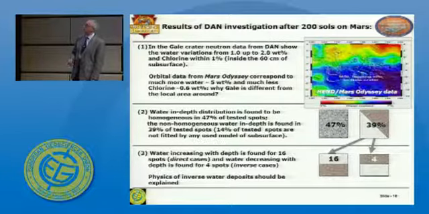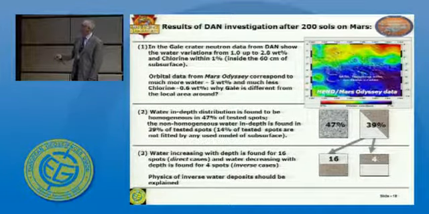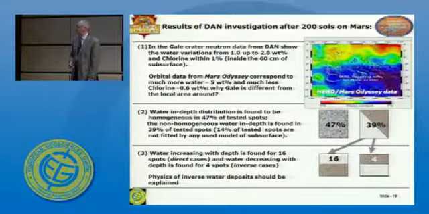The second point that I already mentioned is that we have not only homogeneously distributed water, but also water in layers. And in the majority of cases, we have something natural, where the dry layer is on top of the wet layer. However, there are 4 confidently tested spots where we see that more water is on the very top